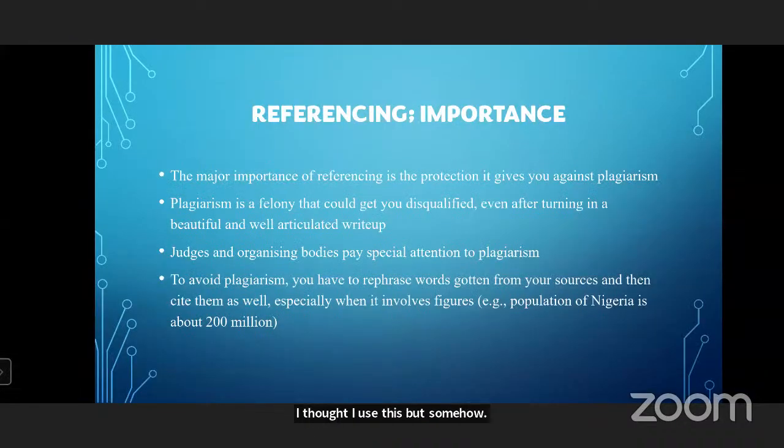Almost everyone may know that the population of Nigeria is 200 million, but I didn't conduct that census. You didn't conduct that